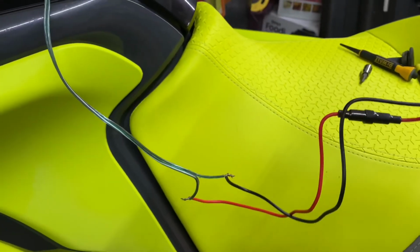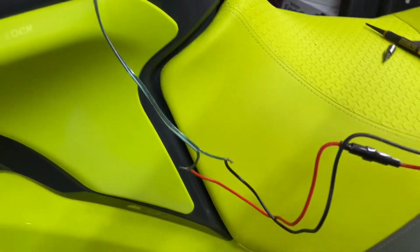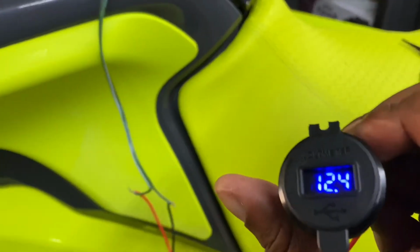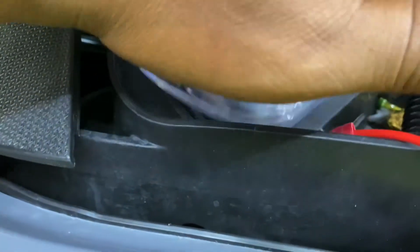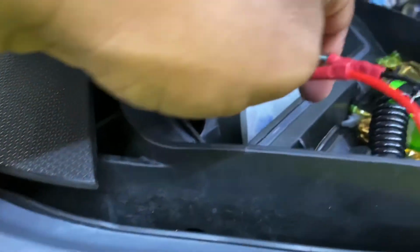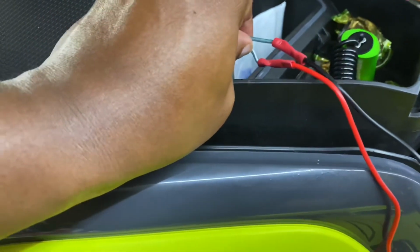So I got to tighten up all these wires, and I got to cover the connections, electrical tape everything, and put it in nice and neat. So I'll show you that. All right, everyone. We got all the connections put together, so just gonna stuff the wires back in, silicone it up,